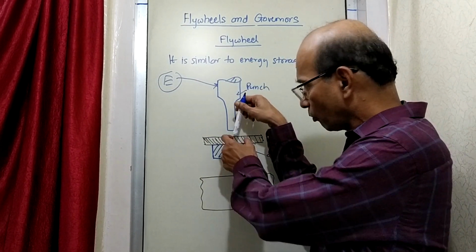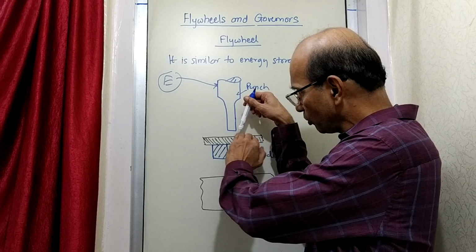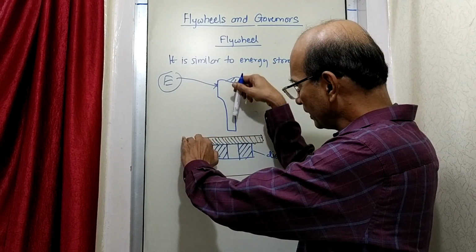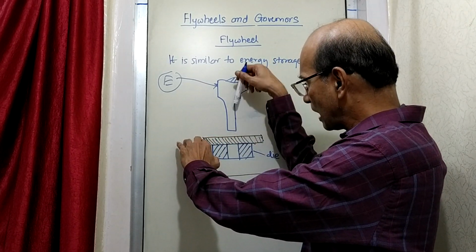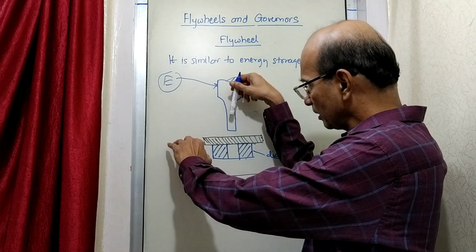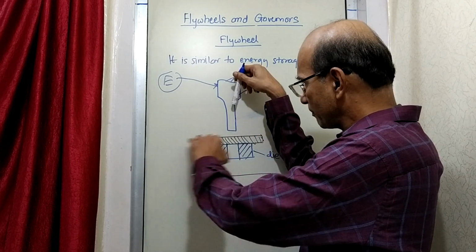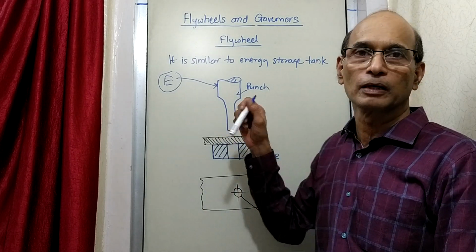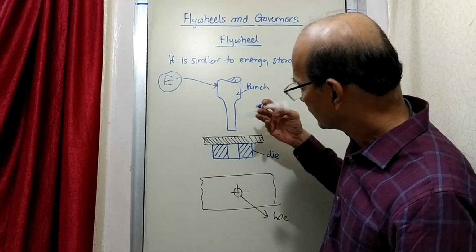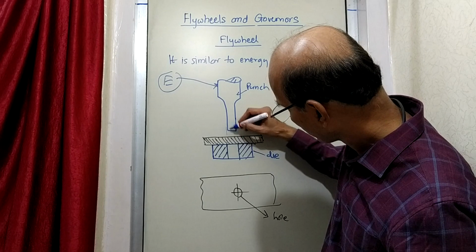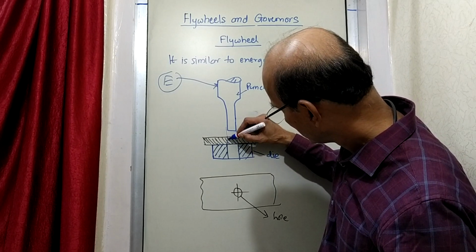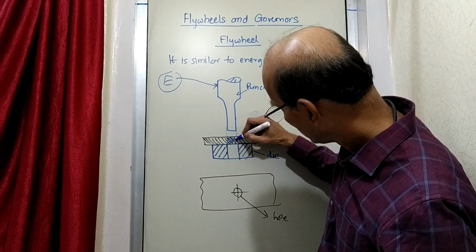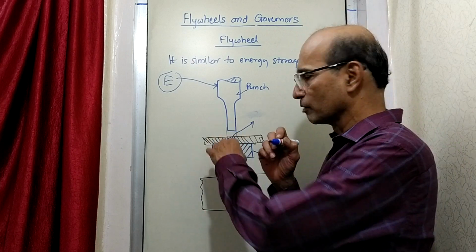When it goes down, one hole is cut, then this plate is moved forward. Then again it comes, cuts again, goes up, plate moves forward, next hole is cut, goes up, plate moves forward, and so on. So it goes on cutting one hole after another at this place. So when it comes down, this much part will be removed as it comes down.